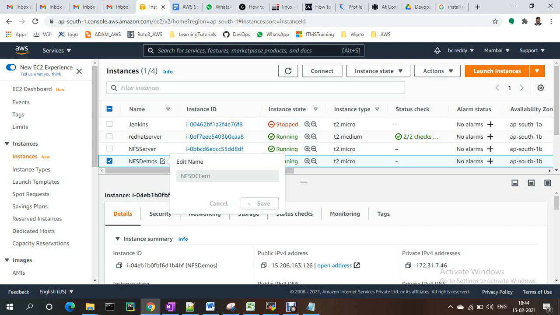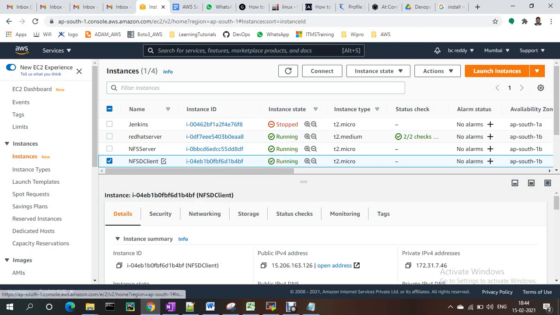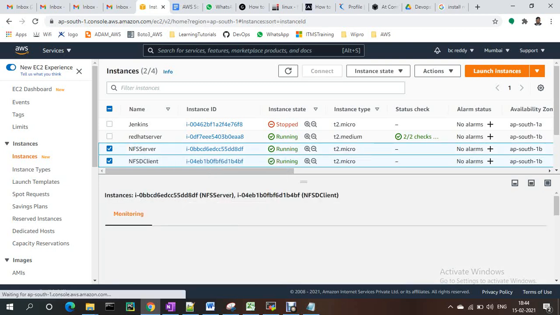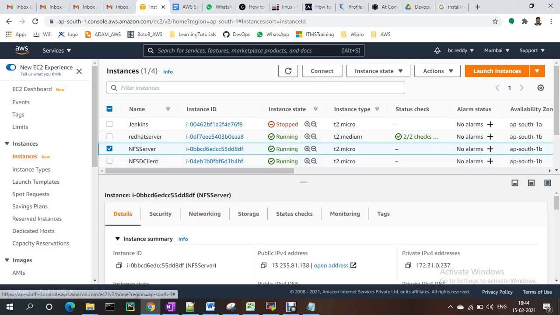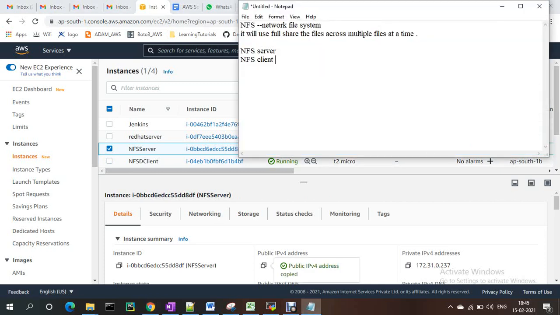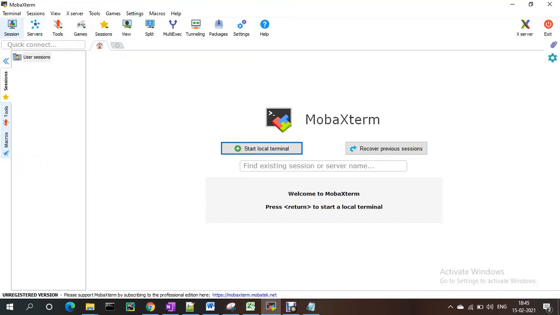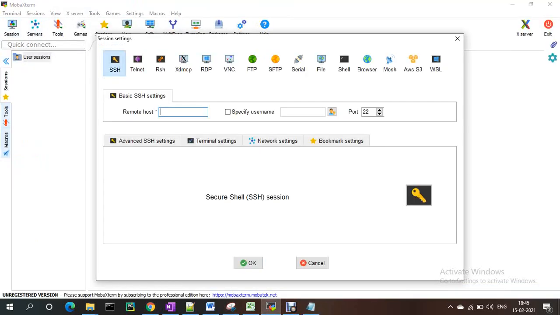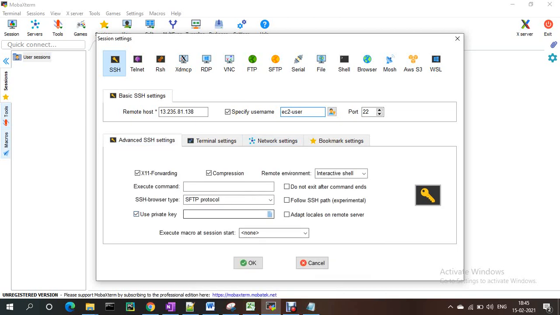I'm connecting to the NFS server IP. I copied this IP and I'm using MobaXterm to connect through SSH. Username is ec2-user, and I'm selecting my PEM file.